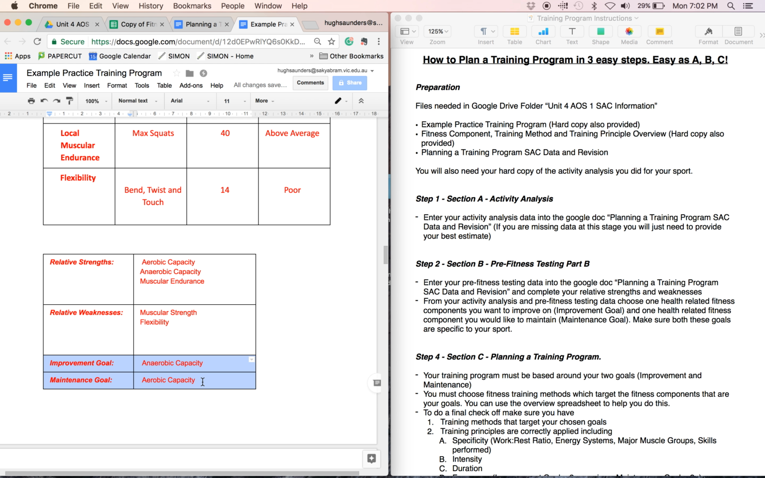So these are very important to get right because you need to be able to talk about these in your SAC in terms of, okay, why did you choose it as an improvement goal? Obviously, there's no right and wrong answer in terms of if you wanted to improve it because it's a strength, or improvement because it's a weakness, or maintain it because it's a strength, or maintain it because it's a weakness. So as long as you can explain why you want to improve that,